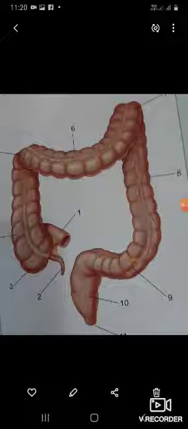Number 7. Lymph from the large intestine passes through 4 sets of lymph nodes. Number 1, epicolic lymph nodes lying on the wall of the gut. Number 2, paracolic nodes on the medial side of the ascending and descending colon and near the mesocolic border of the transverse and sigmoid colon. And number 3, intermediate nodes on the main branches of the vessels, and number 4, terminal nodes on the superior and inferior mesenteric vessels. Now, in carcinoma of the colon, the related paracolic and intermediate lymph nodes have to be removed.